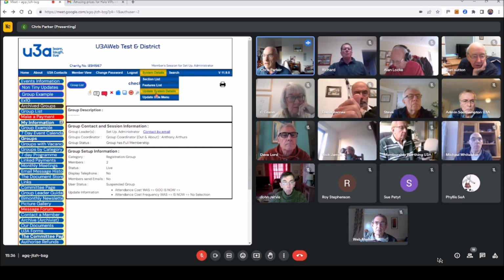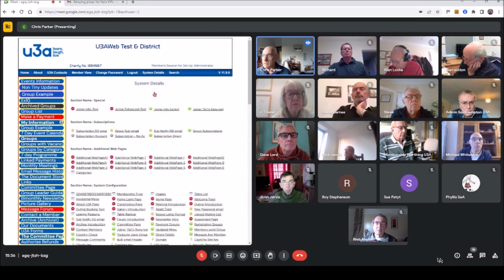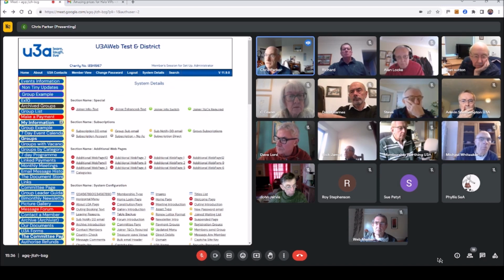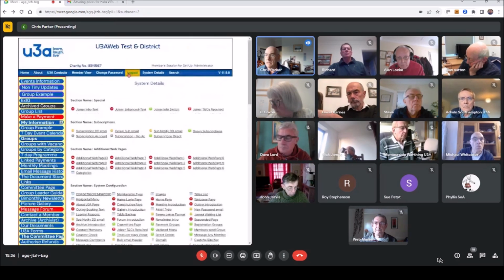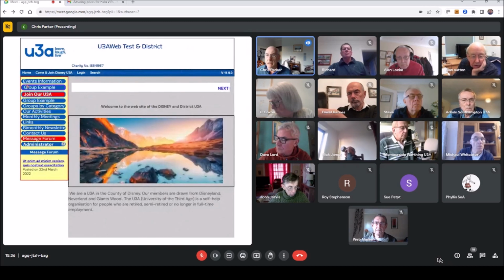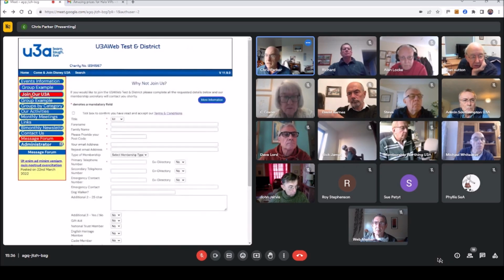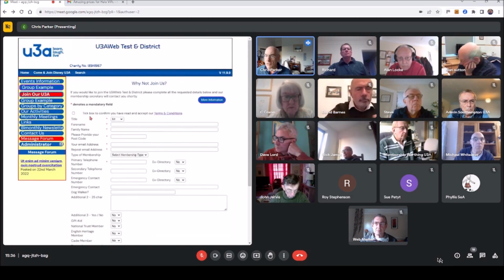In systems details, you've got a joiner T's and C's required, yes or no. If you start off by setting that to no, then when you log out and log in and join, you don't get the T's and C's offered first. You have to tick the box for that. And if you want to see the terms and conditions, you can click it.